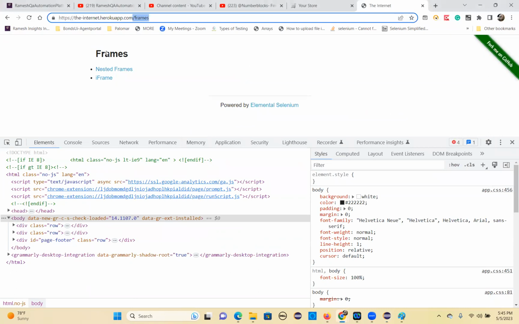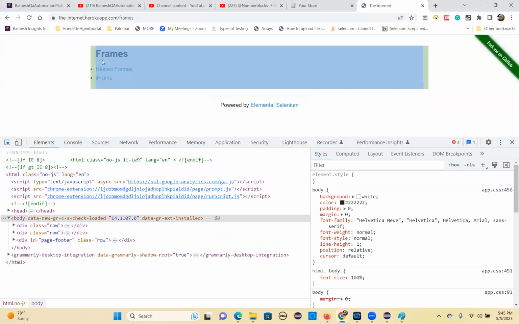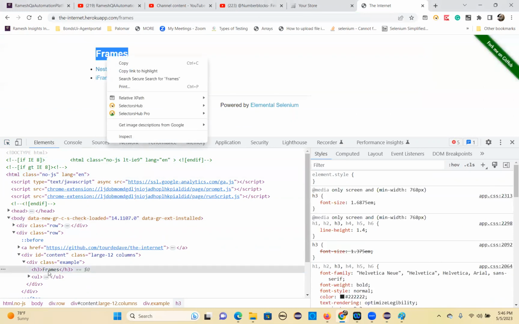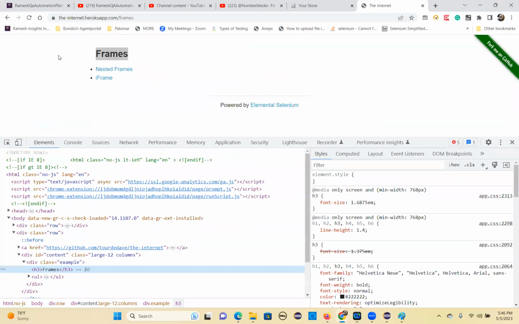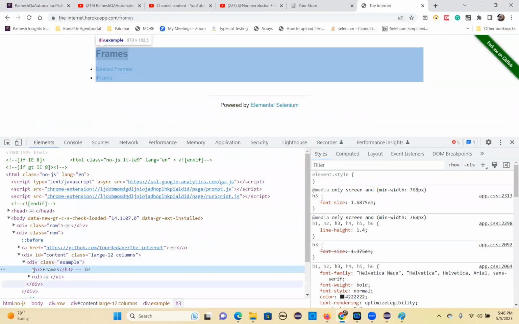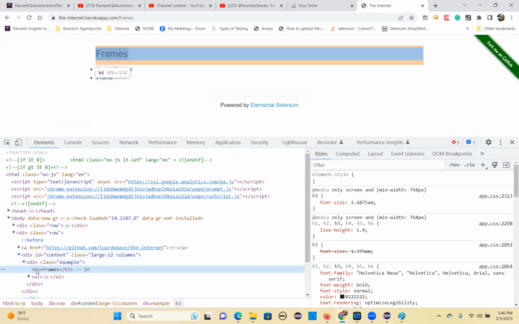So you can take this frames tag. Frames, and you take an XPath. What is that? The same div